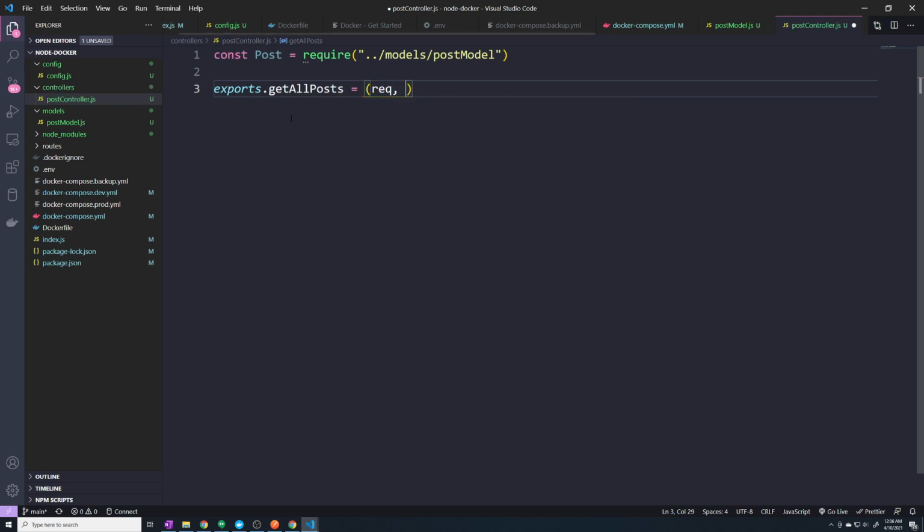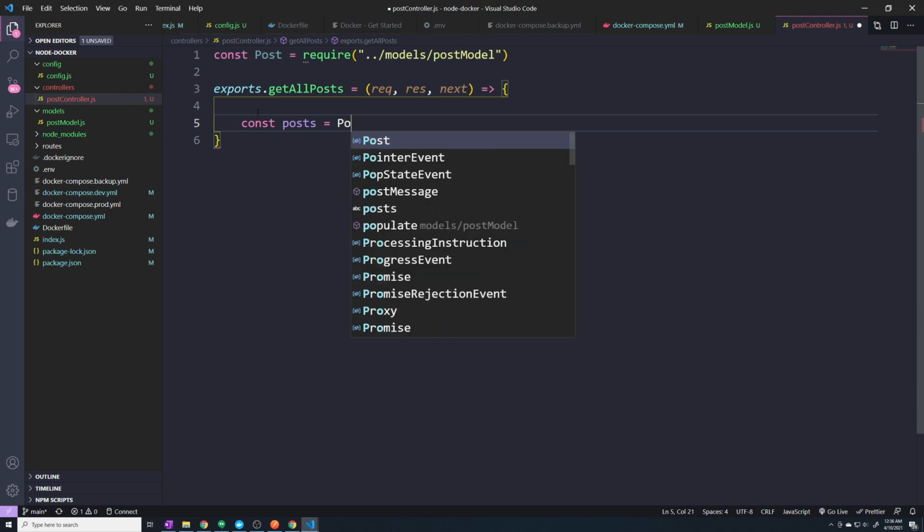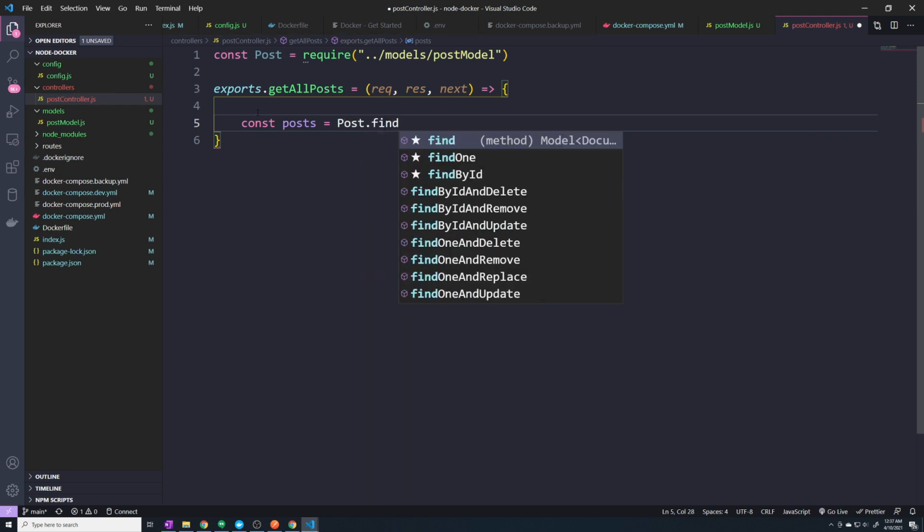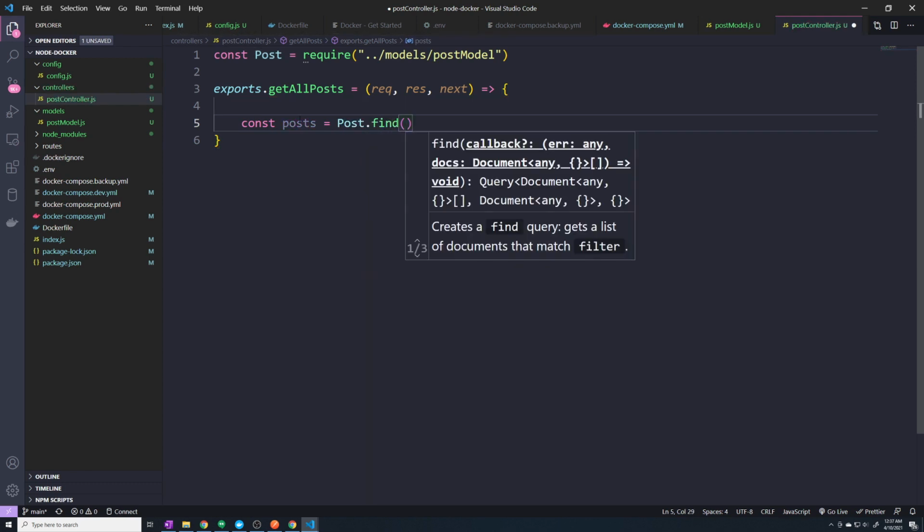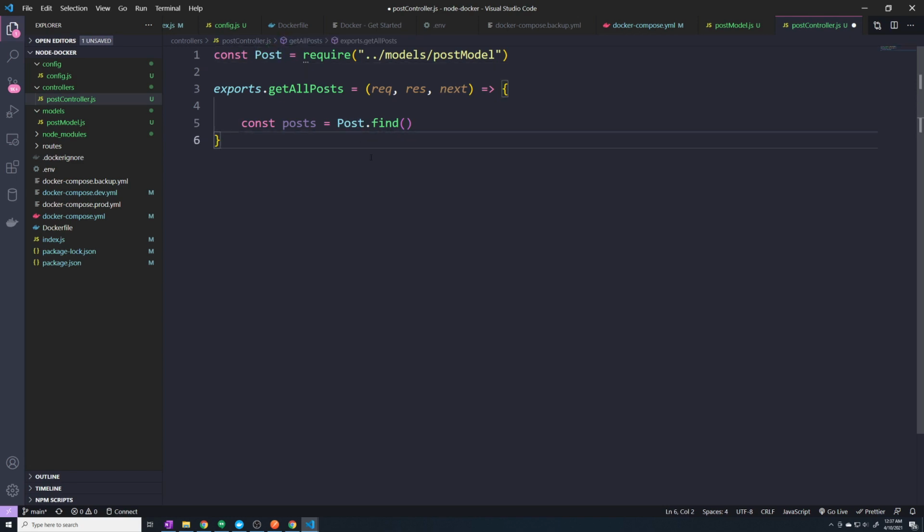And this is going to have a request, response, and next as well, although that's optional for a route. All right, and the way to retrieve all posts with Mongoose is we can just say const posts equals Post.find. That's going to connect to our database and retrieve all of our posts based off of this model. However, there's a couple of things we have to do. First of all, this is an asynchronous method, so we have to